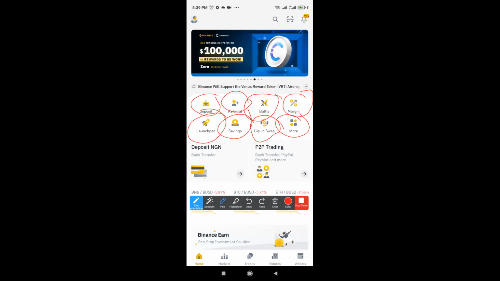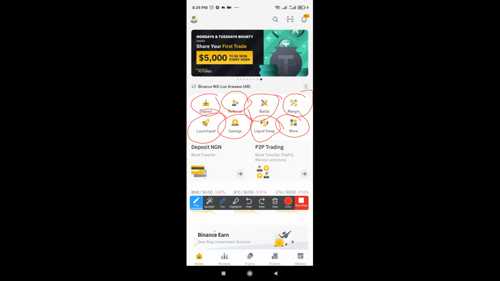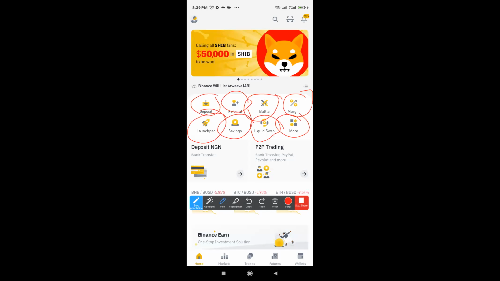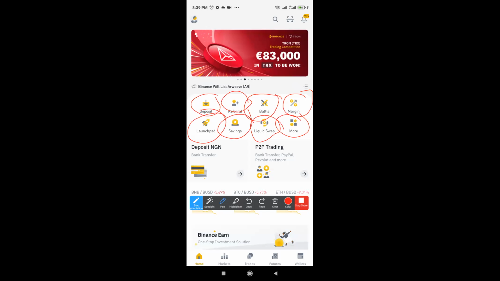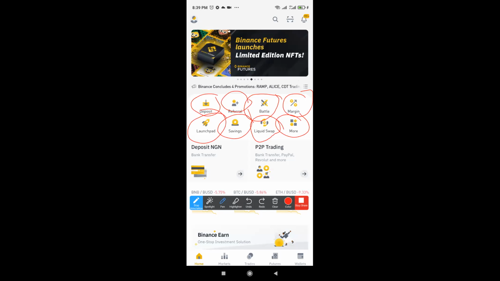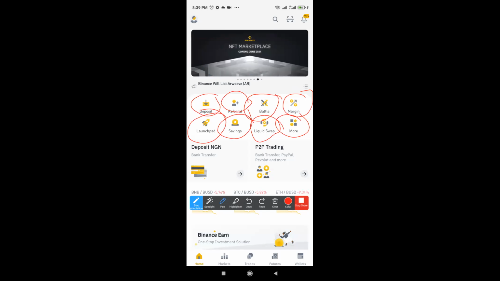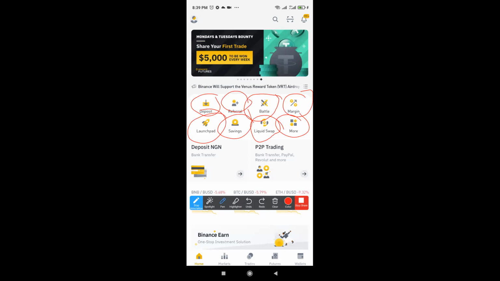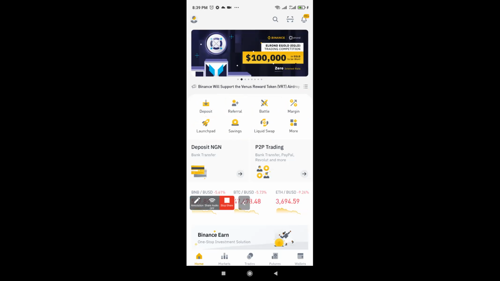Launchpad is where Binance announces a new project that they are bringing on board. If there is a token that is fast rising in their project scope, and Binance wants to adopt that token or intends to list that coin on their platform, because it's not every coin in the world that Binance lists, only those that they have adopted or think are worthy enough to be listed, they announce it in the Launchpad, and it's good that you look at it. Let me click on it.